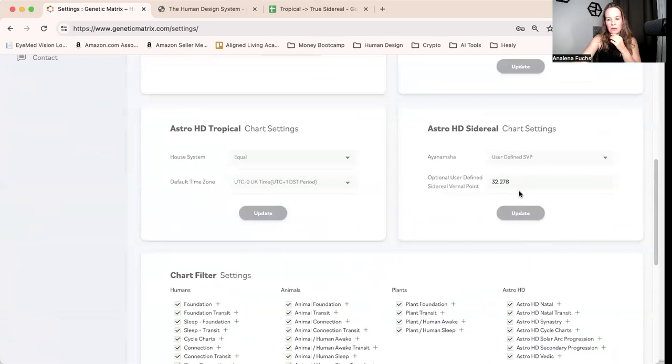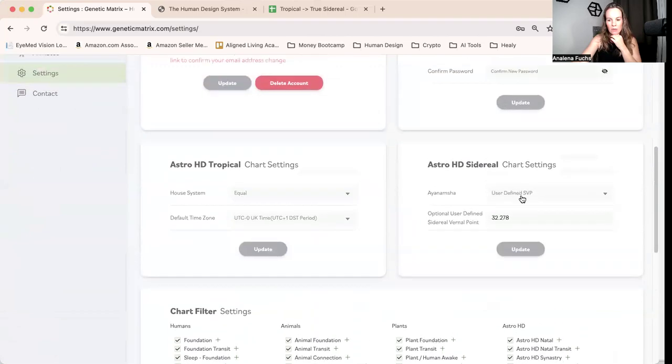You see, I already did this here. But for those of you that have never seen me do this, this is where you can put this in. Now, if you're pulling a birth chart for somebody that was born in 1980, you want to use the number for 1980. But right now, we're focusing on the transits, okay? And again, this is my approximated number. Don't take this as, oh, this is the truth, this is what Analena said, this is how it has to be. Play with it. See how it feels.